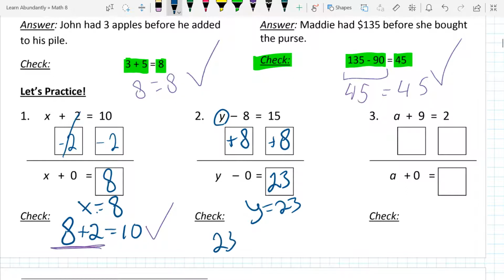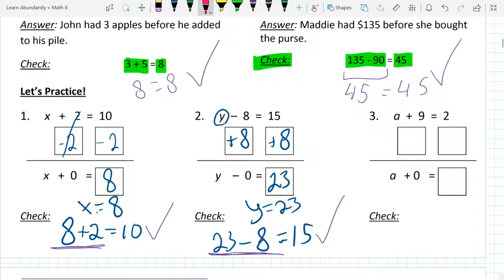23 minus 8 equals 15. And I can type in my calculator 23 minus 8. And if I do that, I get 15. So it checks out. Number 3, I have